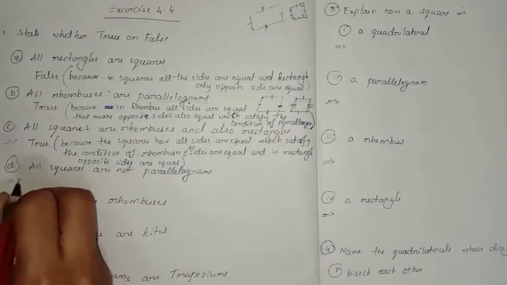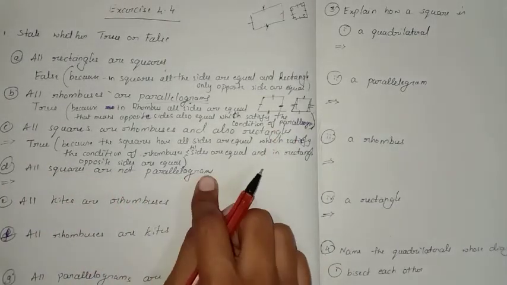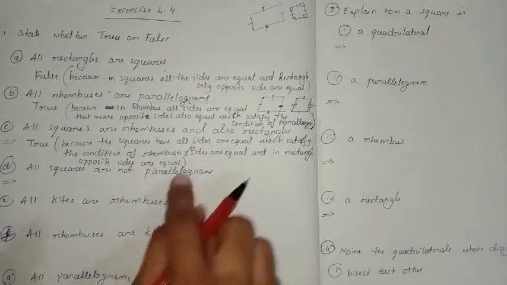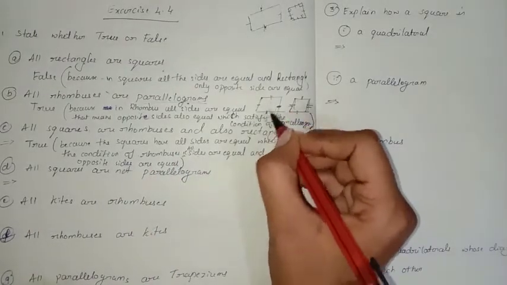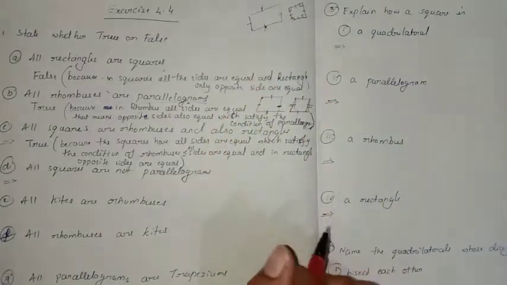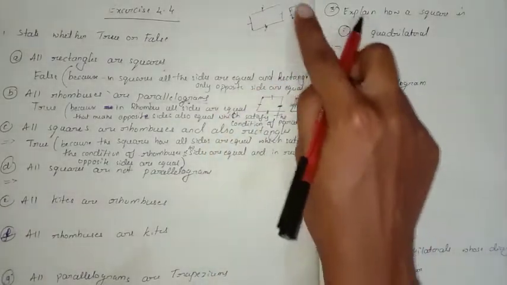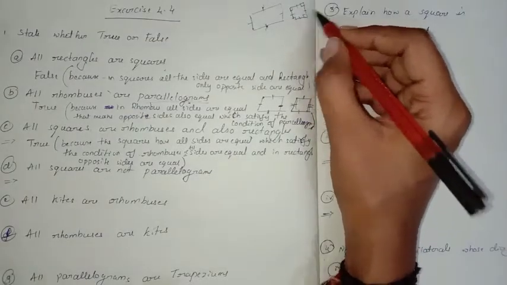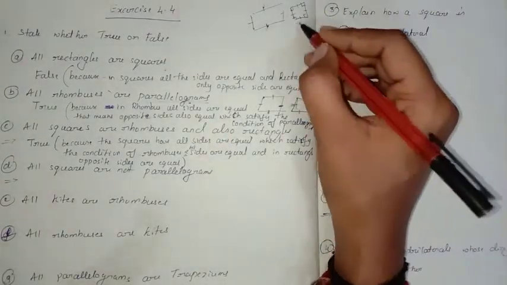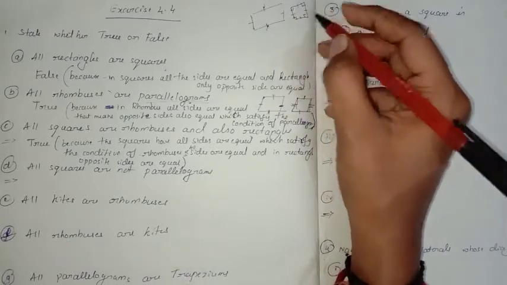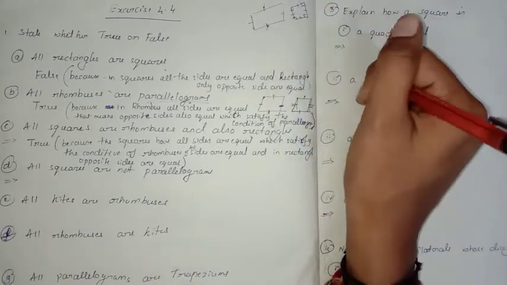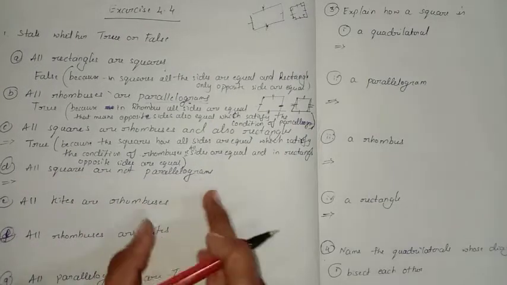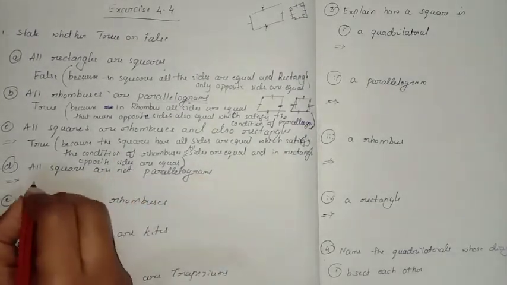Now the fourth one, all squares are not parallelograms. What is the condition for parallelogram? The opposite sides must be equal. As we know, in squares all the sides are equal to each other. That means in square the opposite sides are also equal. If the opposite sides are equal, then we can say that the square is a parallelogram. But they have given that all squares are not parallelograms. This is not true, it is false,